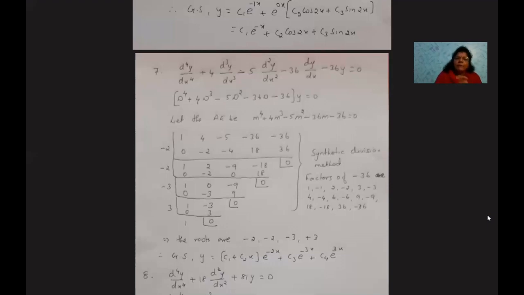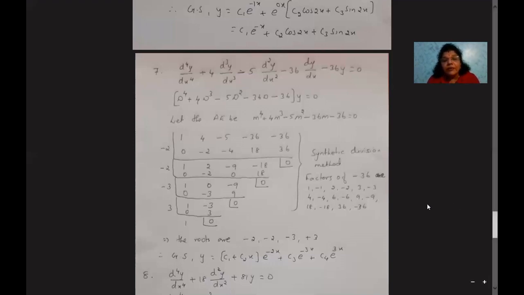Now we have to try the numbers one by one. Here the first two coefficients are positive and the others are negative, so we can try either positive or negative numbers. But suppose all the coefficients are positive, then you can try directly with negative numbers. I'm going on trying one by one.